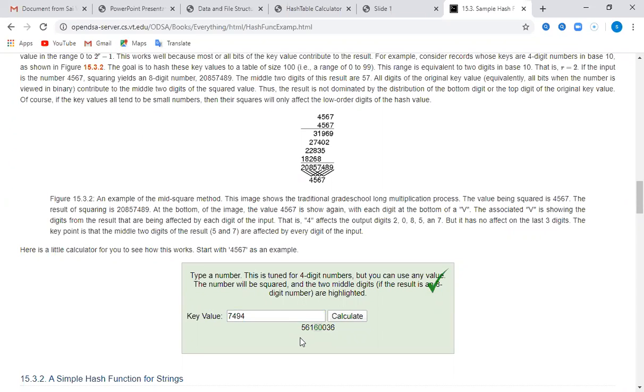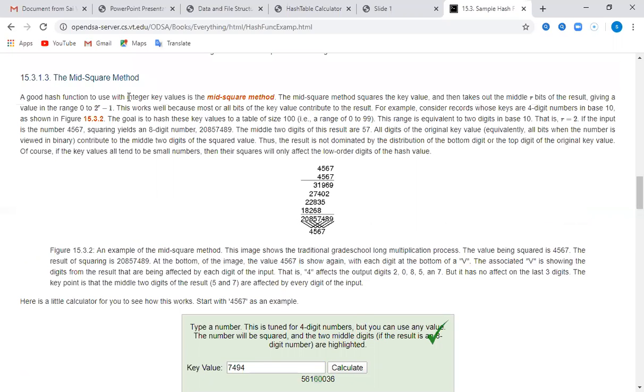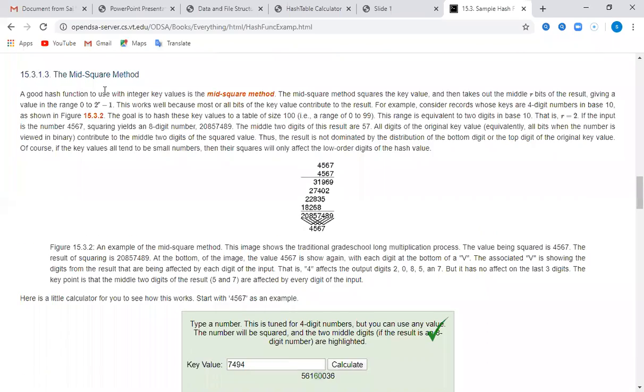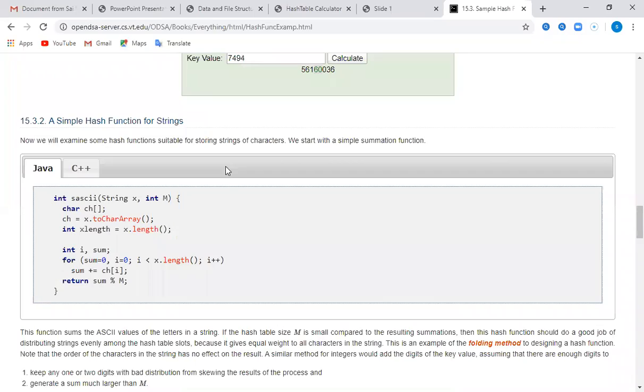In that number, the middle number I am going to get is 60. So I will store at index 60 the key value 7494. Are you getting all of it? What is the mid square method? Mid square method understood? Yes, sir.